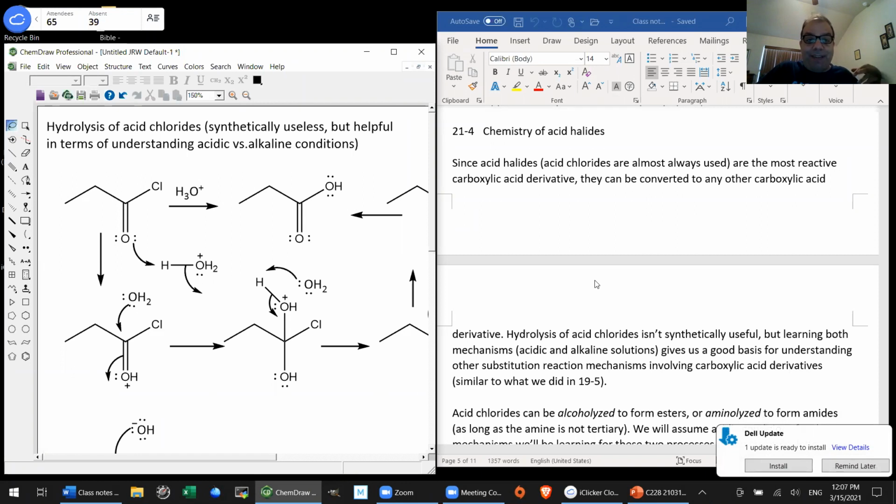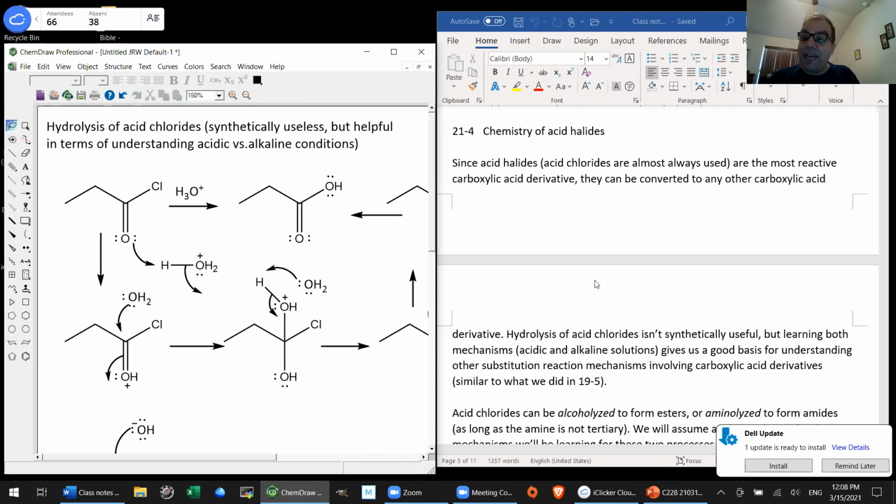But it's sort of something that is inevitable, that we're kind of cursed with. Any bottle of any acid chloride over time will hydrolyze because there's water vapor in the air. And so it can't be prevented. But by looking at the mechanism of this process in acidic solution and an alkaline solution, it's illustrative of those two types of processes. Just like in chapter 19, we looked at hydration of aldehydes and ketones in both acidic and alkaline solution,